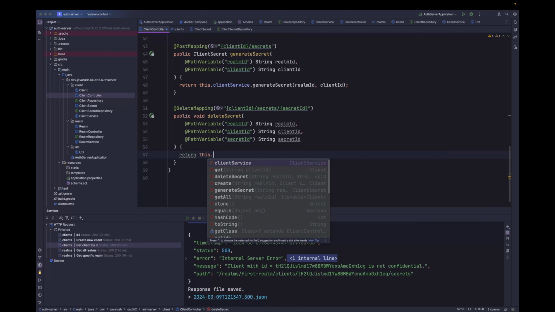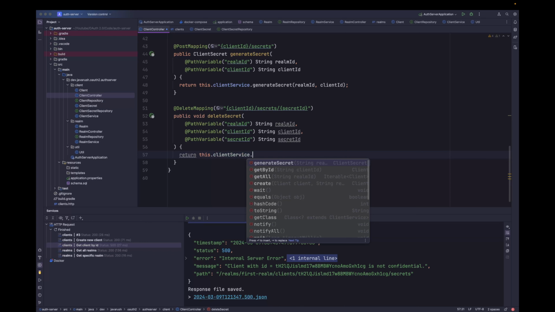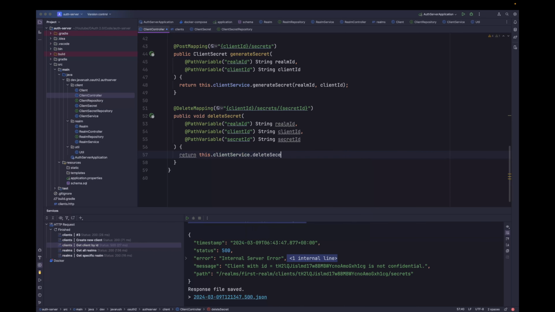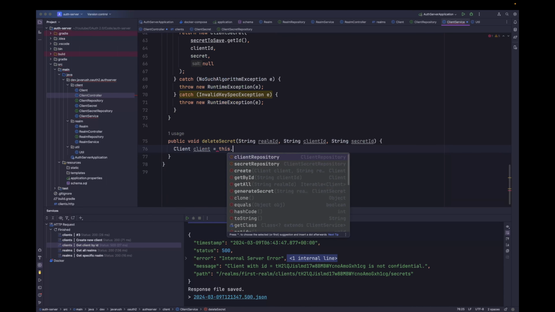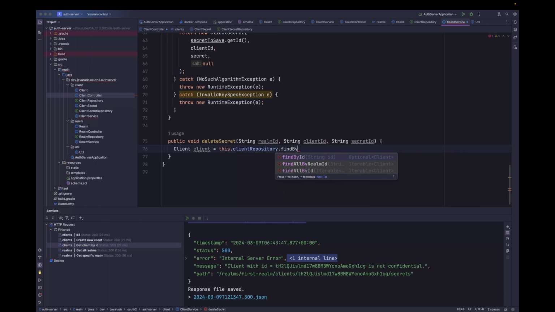Return this.clientService.deleteSecret(realmId, clientId, secretId). Let's create this method inside the client service. Or first of all, let's see if this client exists or not. Client equal to this.clientRepository.findById(clientId).orElse(null). Now let's say if